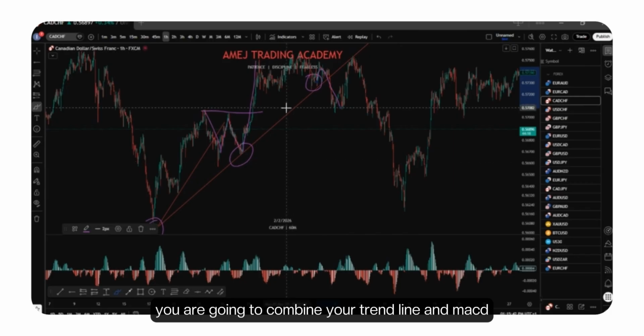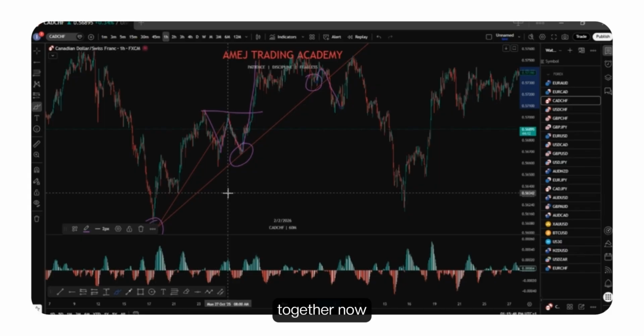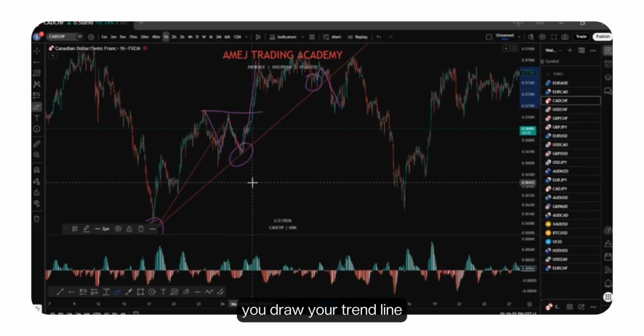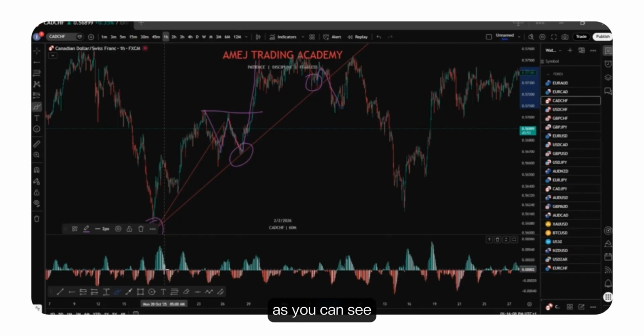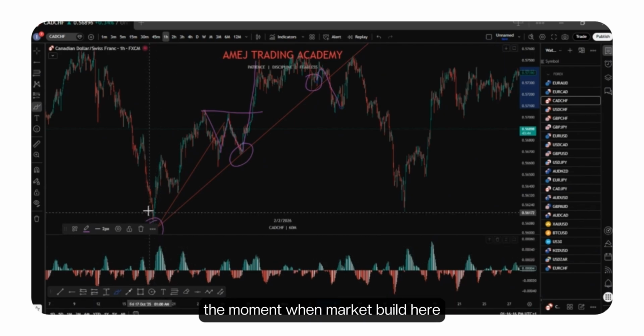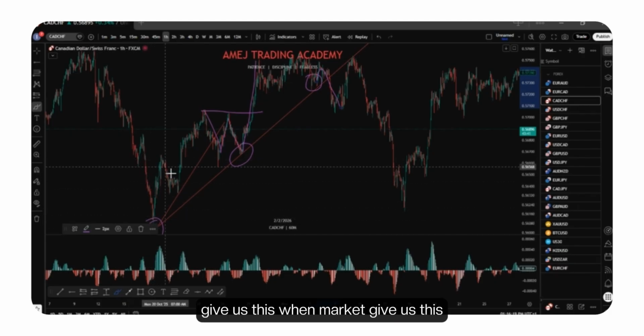So how are you going to combine your trend line and MACD together now to know if the market is still moving in that direction? If the market is still moving in the direction you drew your trend line, that's where MACD comes in. As you can see, this is our histogram. If you bring your cursor to this place, the moment when the market builds here and gives us this,